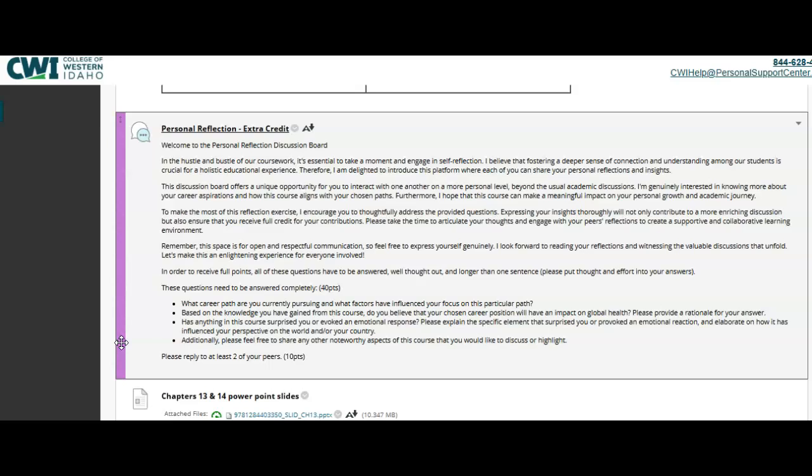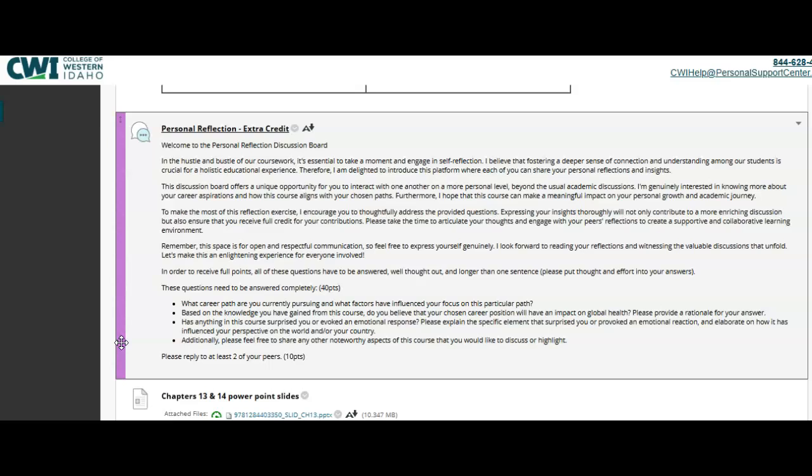It is up to you if you would like to participate in this extra credit, but it's really a way for you to be interacting with each other, and I think especially as we're well into the semester, there are a lot of topics that we've been talking about that can provide a lot of insight, and there's a lot of thoughtfulness. And so I want to make sure that you're able to interact with each other regarding those.